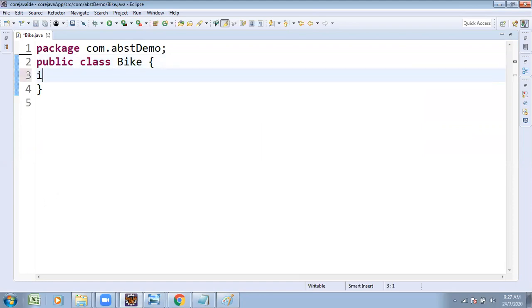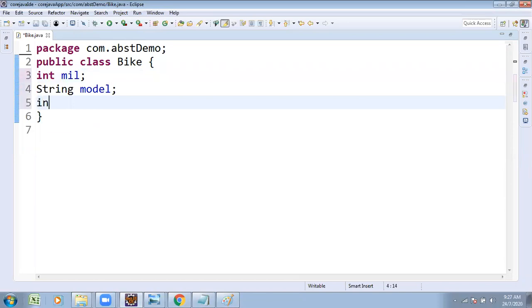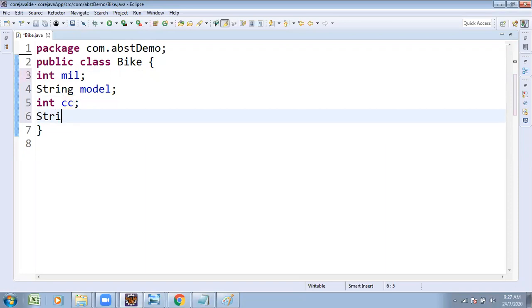There are common fields for bikes. Every bike has a mileage. Before that, we look at the model: which brand or which model of bike you want to take.